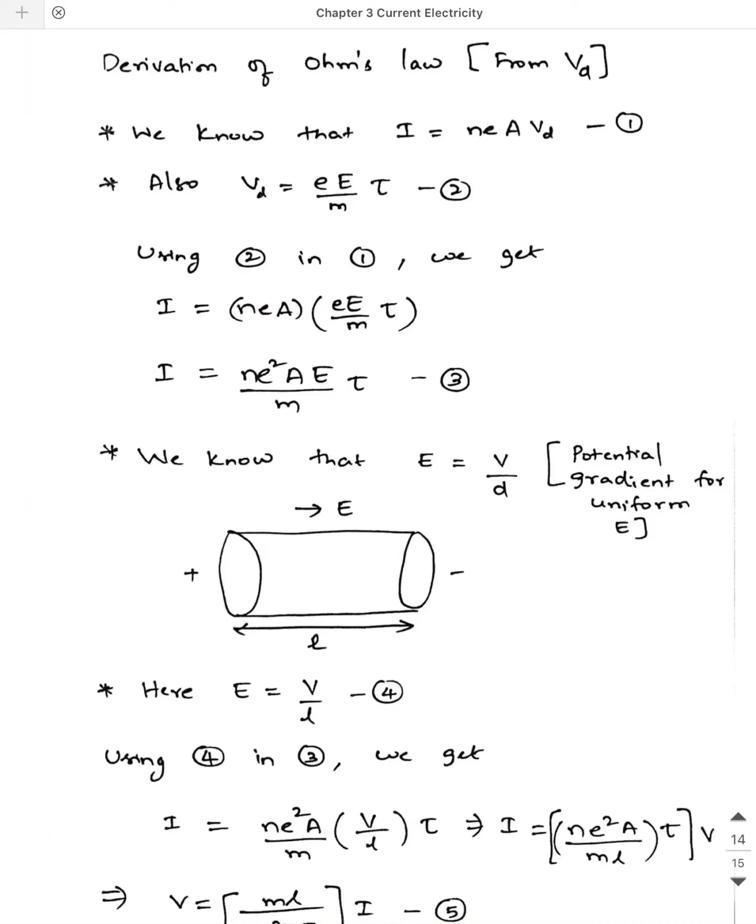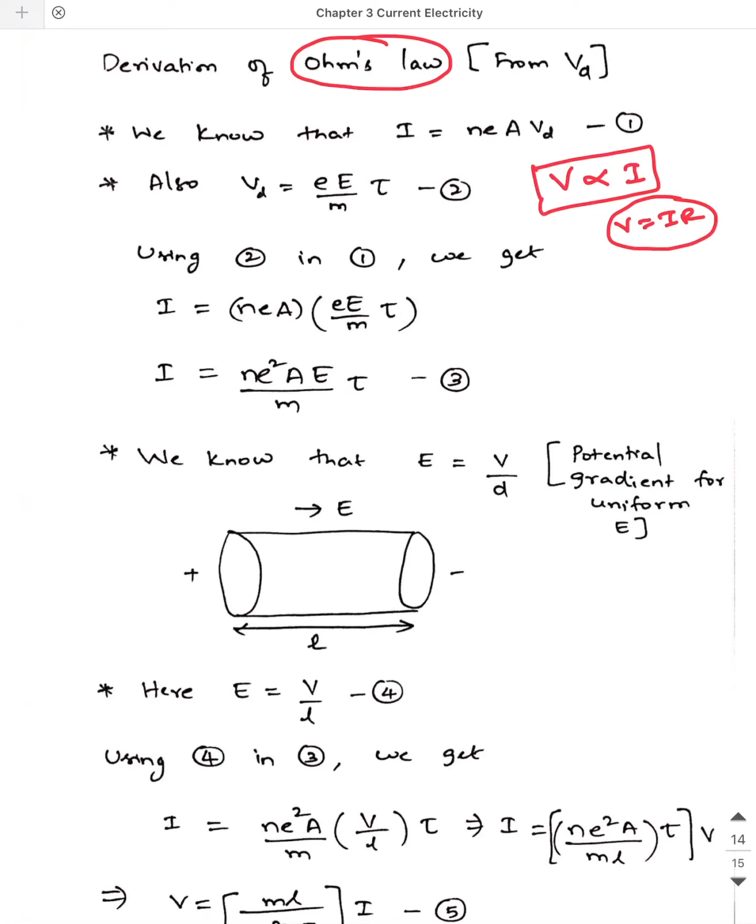Now we will see the derivation of Ohm's law. In your 10th grade, you would have learnt what Ohm's law is. Ohm's law states like this: at a constant temperature, the potential difference applied across the terminals of a conductor is directly proportional to the amount of current that is flowing through it. Then we get V is equal to IR. Now we will see the derivation for it.